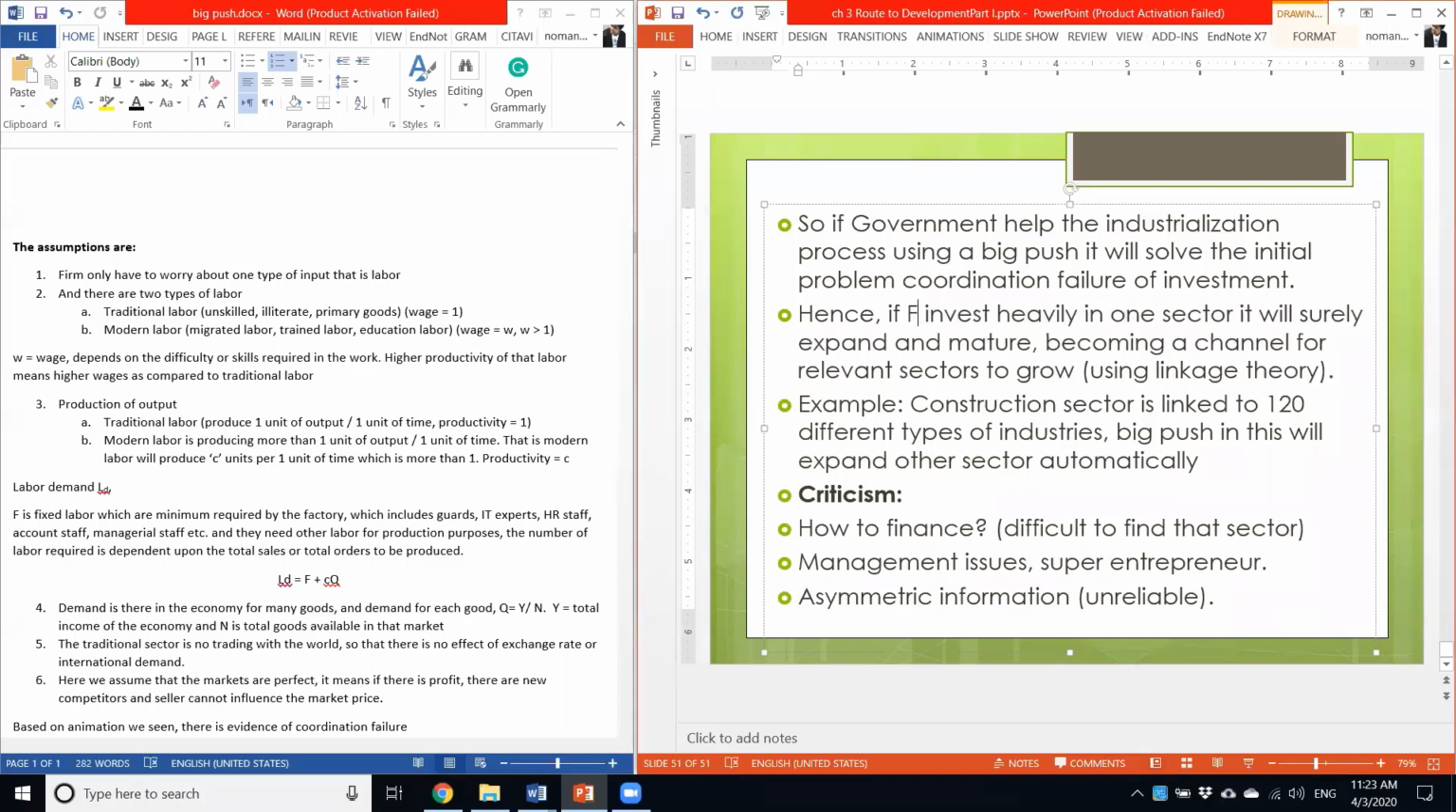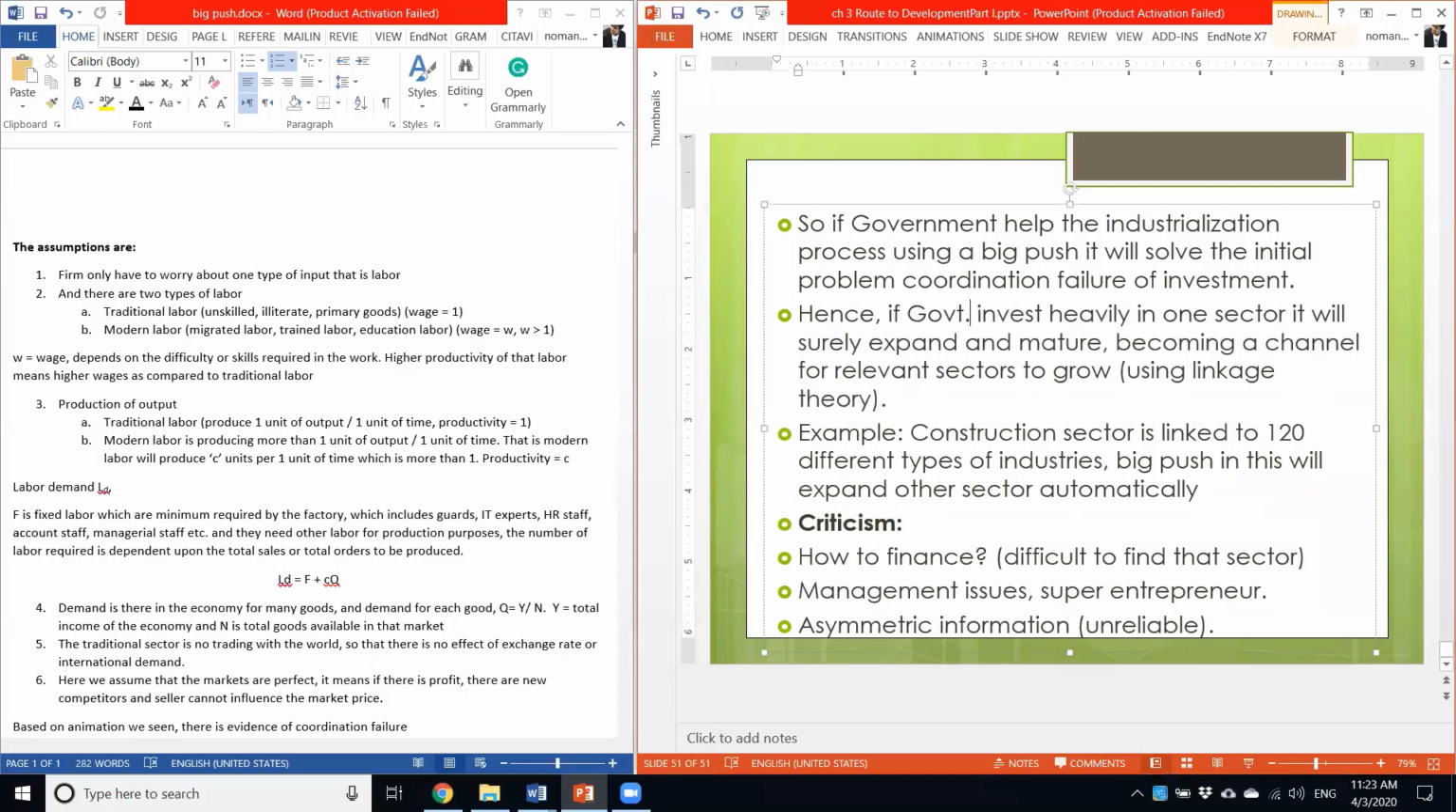And on the other side, if the government invests heavily in one sector, it will surely expand and mature. So the government should focus on one sector at one time and become a channel for relevant sectors to grow. So the idea of linkages can be inserted here: the government should pick one sector and do a big push, so that if that sector grows, all the relevant linkages will also grow as per the linkage theory. For example, the construction sector is known to be linked with 120 different industries,